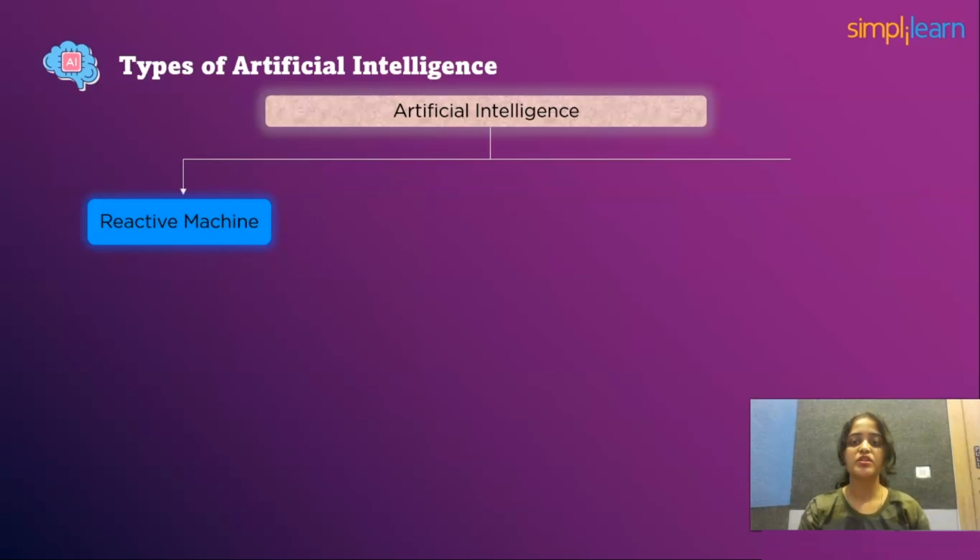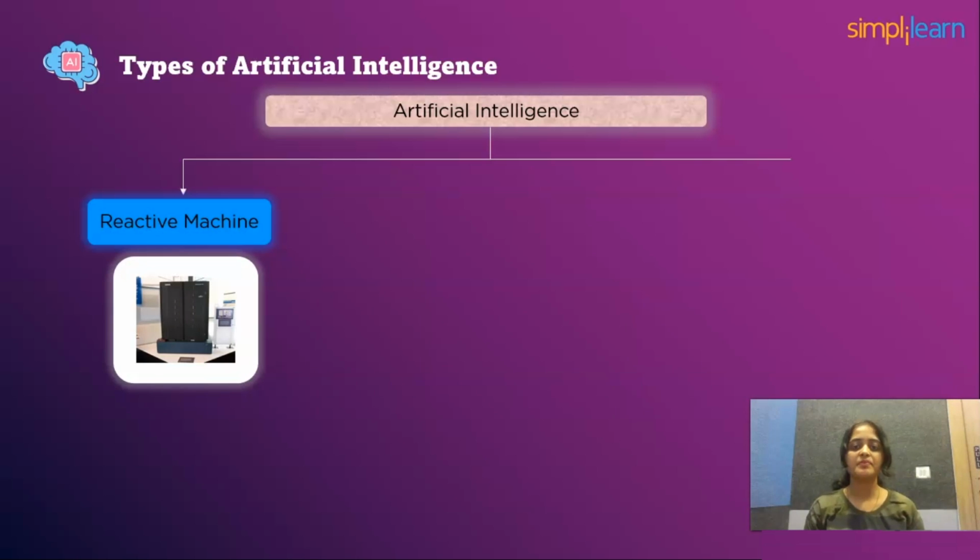Reactive machine is the most common type of artificial intelligence that doesn't keep memories or make decisions based on past experiences. It only functions with current data. They are provided with certain tasks and cannot go beyond them. IBM's Deep Blue, which once defeated chess grandmaster Garry Kasparov, is a reactive machine that uses the chessboard pieces and reacts to them. Its action is based on the current move and past experience doesn't matter.